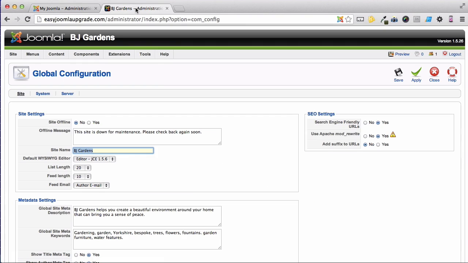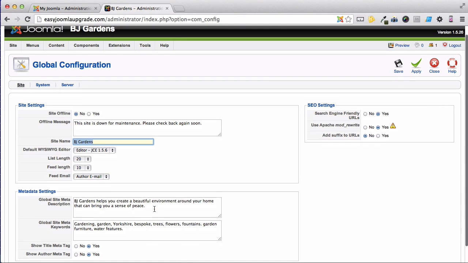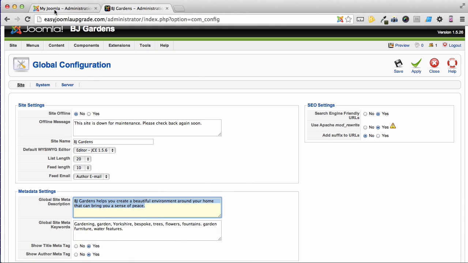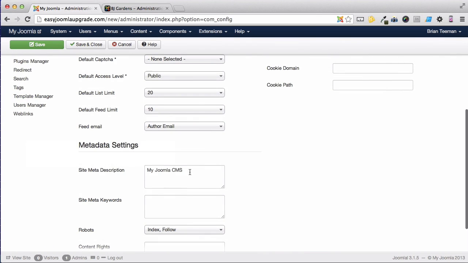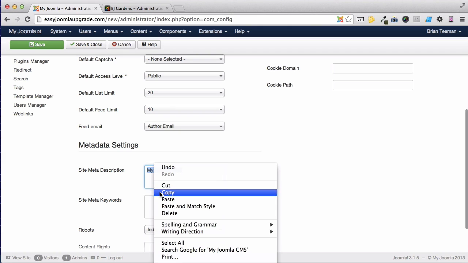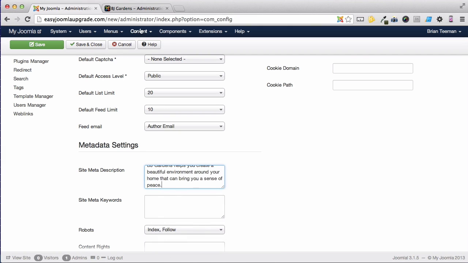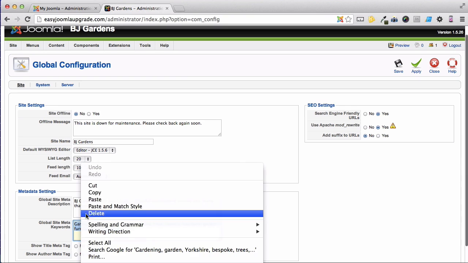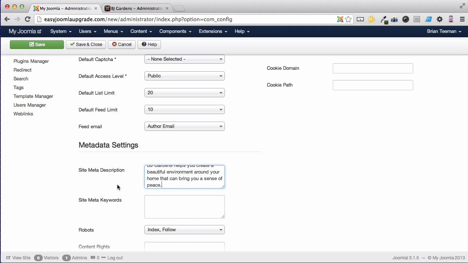We need to do the same thing again for the meta description. Select, copy and paste. And again for the keywords. Now that the new site has the correct site name, meta description and meta keywords, we can save and close